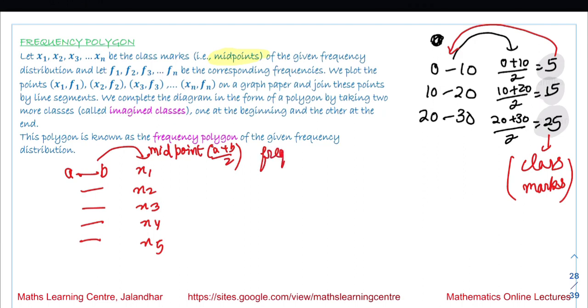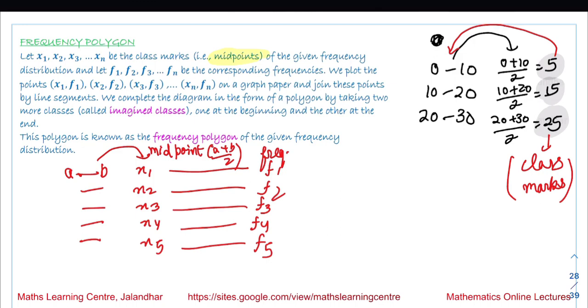And the frequencies we have over here are f1 corresponding to x1, f2 corresponding to x2, f3 corresponding to x3, f4 corresponding to x4, and f5 corresponding to x5. These are the frequencies. Now if we plot these points, meaning x1 comma f1, x2 comma f2, xn comma fn, if we plot these points on the graph and join these points by line segments,